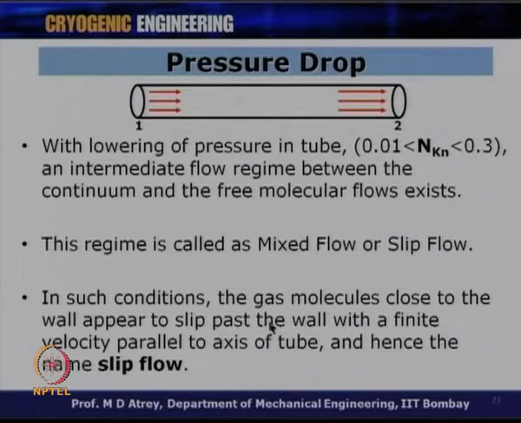It is not stopping over there, it is slipping past the wall with a finite velocity, and therefore this velocity will also show up in the calculation of delta P or the mass flow rate. And therefore, in slip flow, we will have what was happening in continuum flow, plus, because of the finite velocity existing at the walls of this pipe, one more parameter appearing in the pressure or mass flow rate calculations.